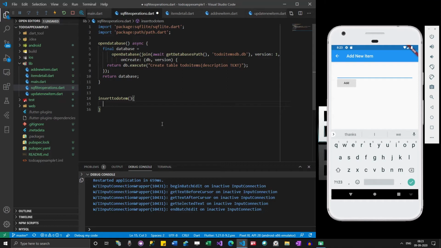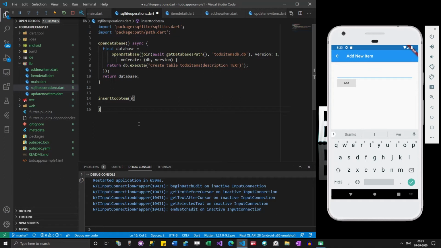What I need to do is have a class for ToDo items, and it needs to have properties such as this description. If I'm having three columns in the table, I need to have three properties in that class, and then I need to have some helper functions to process the data.